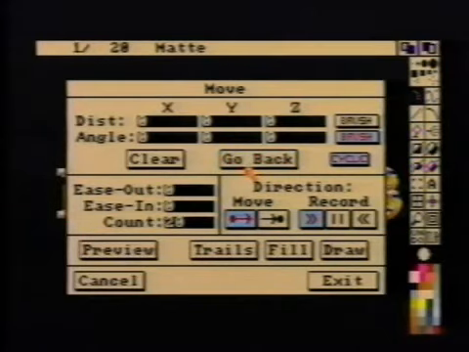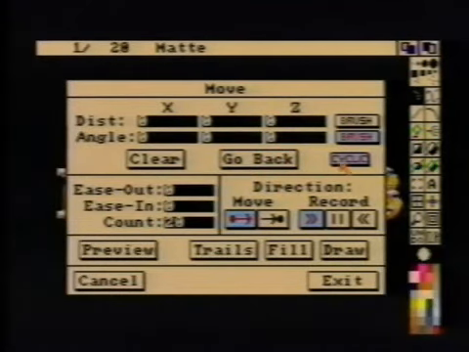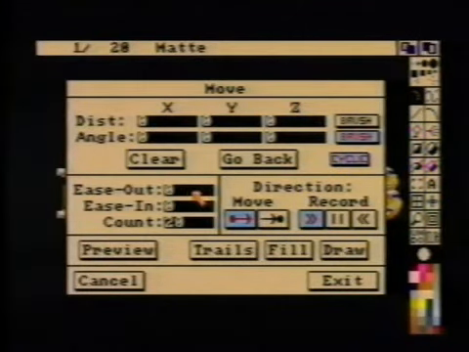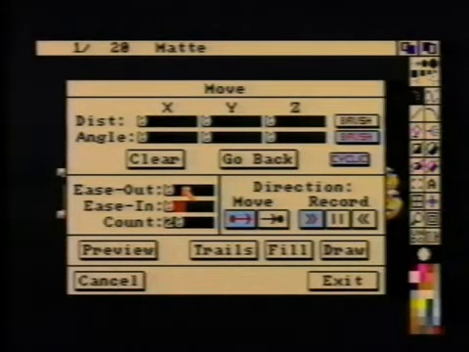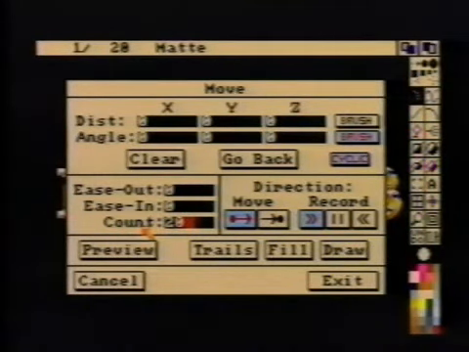If you want to do a second move from the original brush position, click Go Back. The cyclic button toggles whether you want to chain your current move to another move, or the move is linear and will end on the last frame. Ease in and ease out lets you specify a number of frames over which the brush is to accelerate or decelerate during the move. Count Edit is used to specify the total number of frames that the current move will